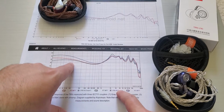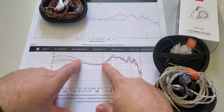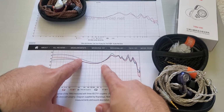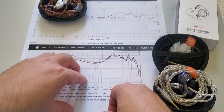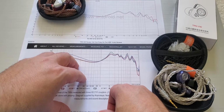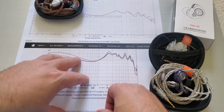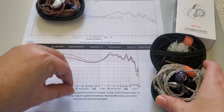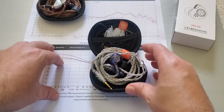We'll say kind of similar things about the V90, except the V90 has this problem. This is kind of a big dip in the midsection, and everyone who has a V90 says you've got to listen to it, ignore the chart. There is no recessed mids. It just doesn't chart well. Okay, so we'll go with that. So sound-wise,